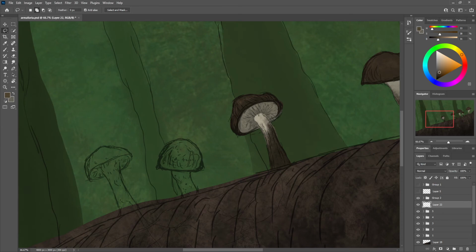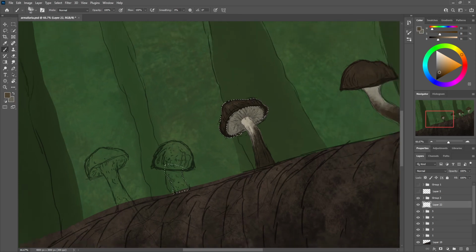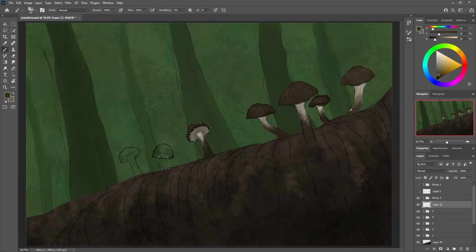Let me go hunt up a reference of a mushroom in this younger phase of growth. Yeah, so I'm seeing the colors are more brown and less white at this stage, which is interesting. I thought there might be more white and less brown. And also the stalk is pretty thick and even throughout. There's not much of a change in its width because it's still growing out. So I'm gonna choose this color